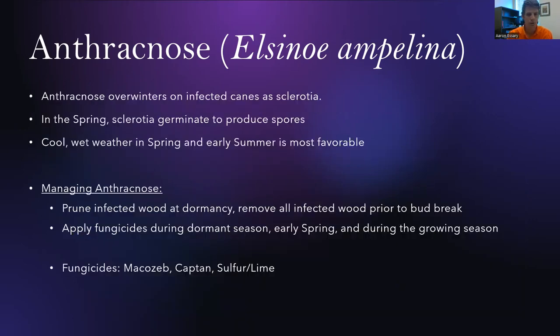So anthracnose overwinters on infected canes as sclerotia. In the spring, sclerotia germinate and produce spores. Cool, wet weather in the spring and early summer are most favorable. Some management techniques for anthracnose: you can prune out infected wood at dormancy and remove all infected wood prior to bud break. So if you spot it in your vineyard now, well, you could wait till pruning, but you can cut out anthracnose, get rid of it, drag it away from your vineyard and burn it, and then apply